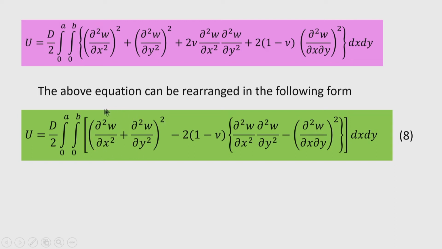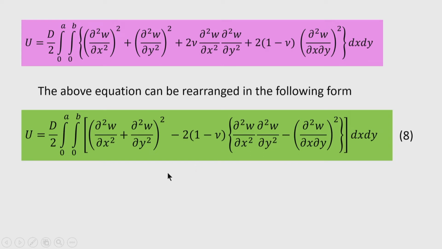So, this is written in a compact form. Then the other term that remains: one term we added and another term is subtracted, the same term is subtracted. So, the term that is subtracted is again 2 into del square w del x square into del square w del y square. So, combining this term with this expression, now we can express the strain energy in this form. So, equation 8 is very useful for the problems that we will discuss, that we can neglect some terms to